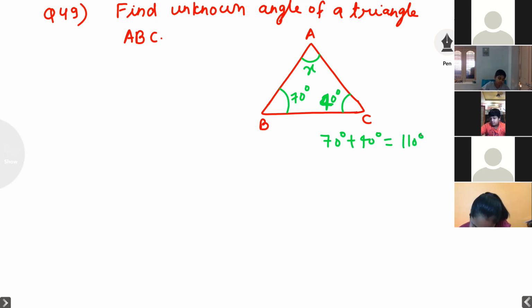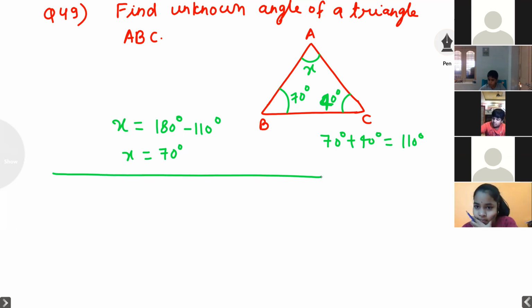But I want to find out x. X is equal to 180 degrees minus 110. X is equal to 70 degrees. Students, why have I done 180 degrees minus? Because that is the angle sum property of a triangle. This is one method. The second method is if I want to write step by step, we can write here